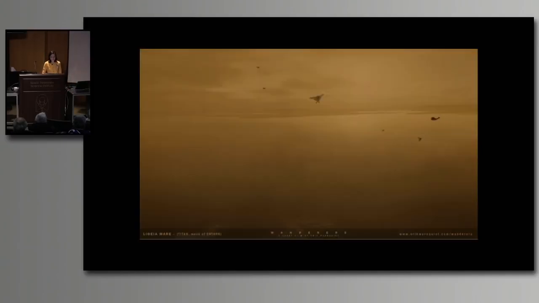Titan. Here's another image that we saw in the short film. It shows explorers that are flying over the lakes of Titan. Titan is a giant moon of Saturn that is larger than the planet Mercury, about half the size of the Earth. It's mainly composed of silicates and water, and is the only moon known to have a dense atmosphere, composed mainly of nitrogen, like the atmosphere of the Earth, and a bit of methane and other hydrocarbons.